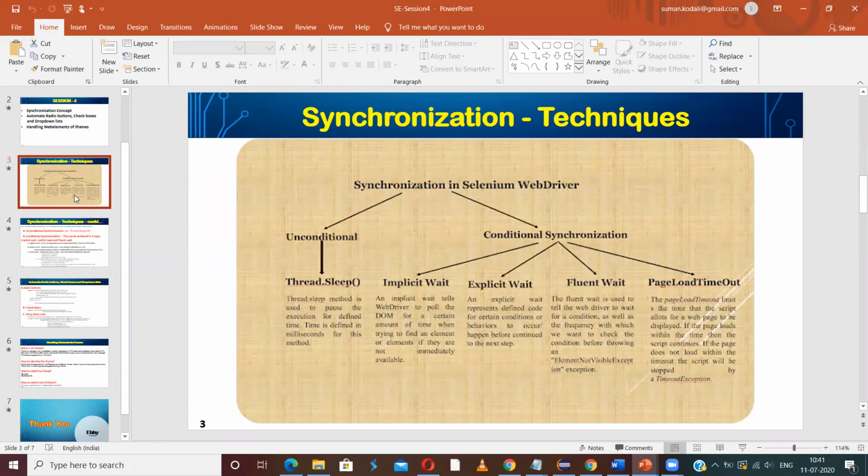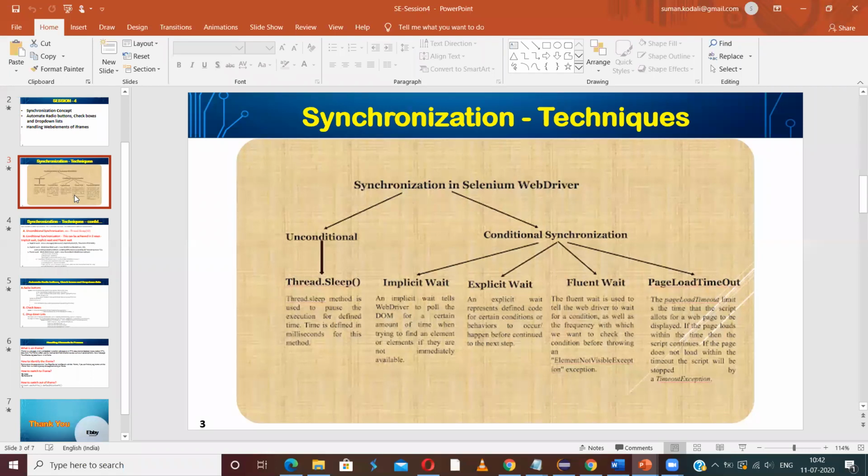And explicit wait is not just waiting, it will also have the expected conditions. That means it will also check for a particular condition or a status of a web element, and if that condition is met, it won't wait for that much time, and it will perform the action.